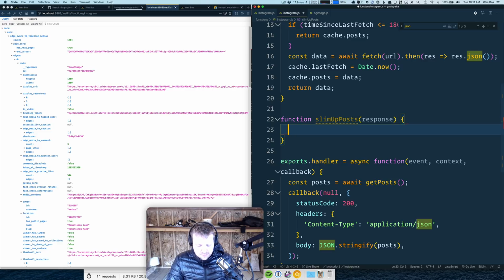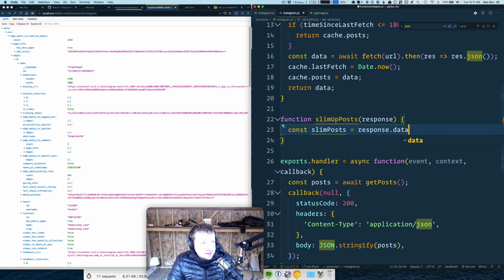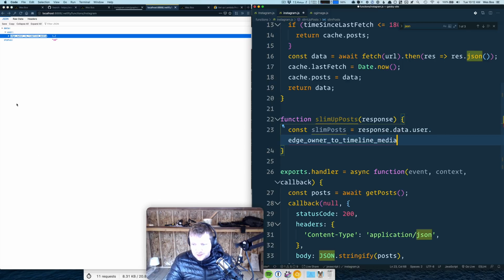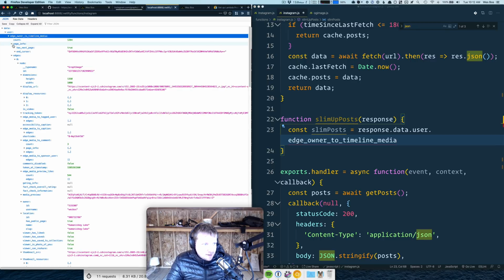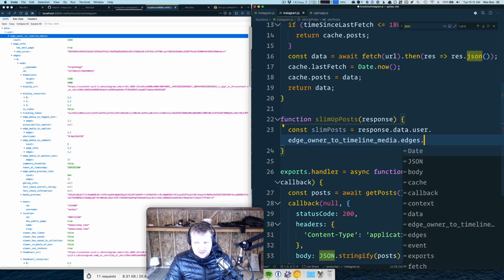And then we'll say const slimPosts is equal to response.data.user.edge_owner. I'm going to have to copy paste this. This is massive. timeline_media.edges.map,